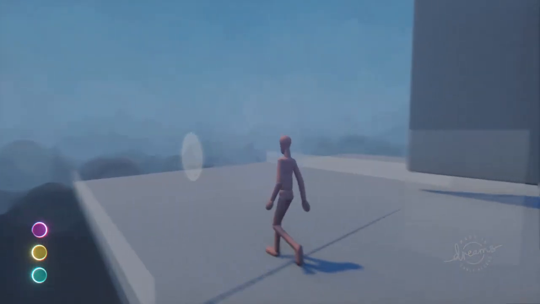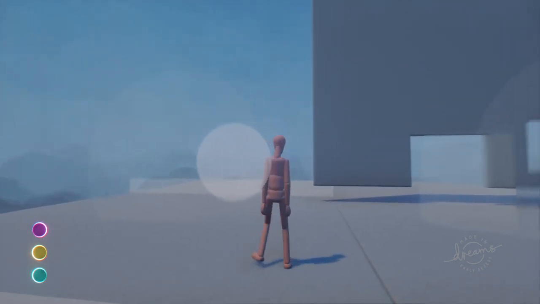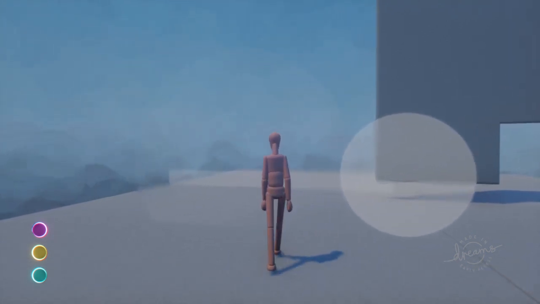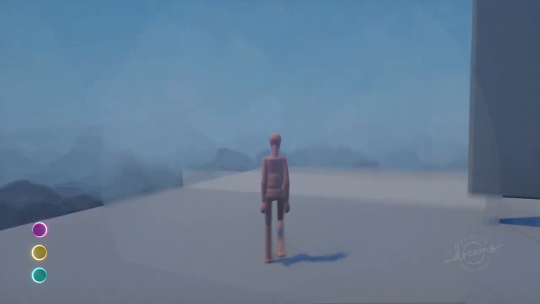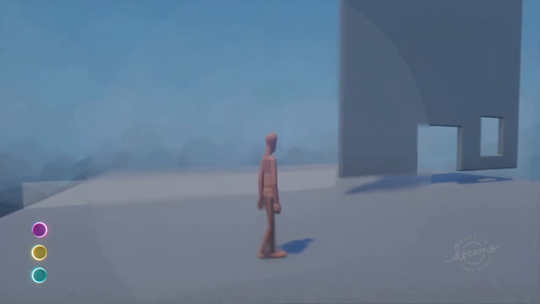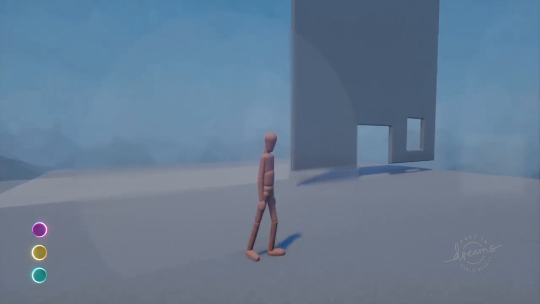Walking through it, walking behind it, you can see a lot of blur, but this one is also at a higher opacity. Right behind it is a bigger one, and the bigger ones I like because they appear like a gate you walk through. This one is very faint,